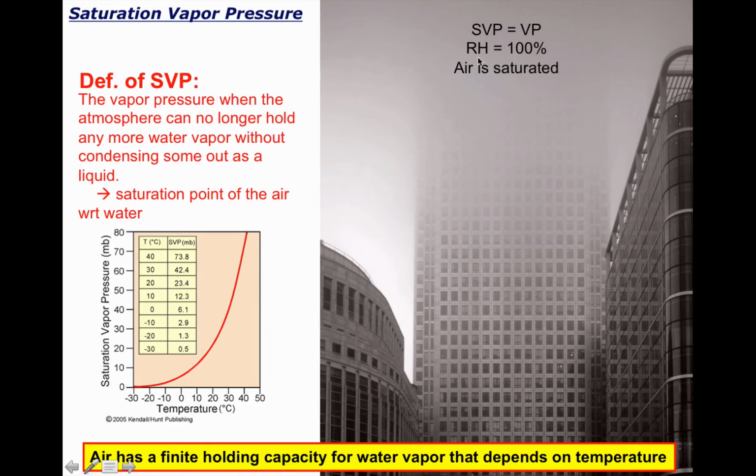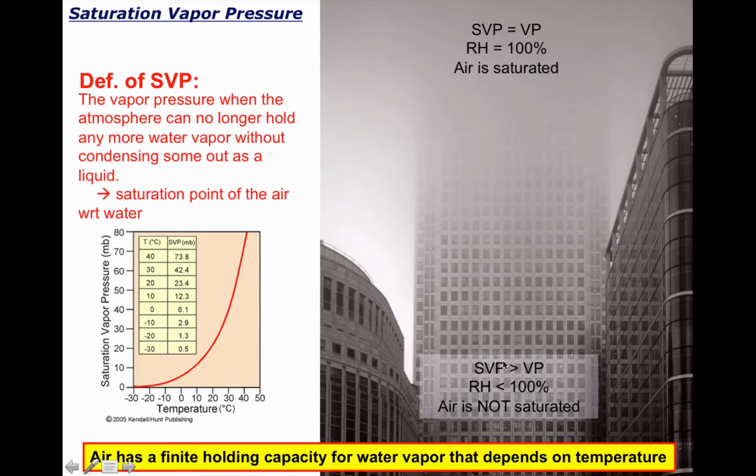But when we reach a relative humidity of 100%, what that is telling us is that the total amount of water vapor, as measured by the vapor pressure, equals its saturation point. Therefore, you get condensation. Down here, I don't have that. The air is not saturated. My humidity is less than 100%, and therefore the amount of water vapor in the atmosphere, as measured by the vapor pressure, is less than its saturation point.